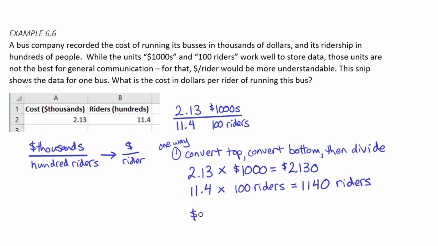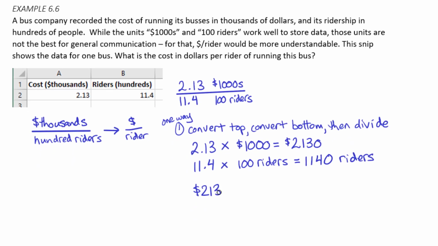If we want dollars per rider, we now have $2,130 for the cost of running this bus, divided by the 1,140 riders they had over that period of time, and rounding this to the nearest cent,